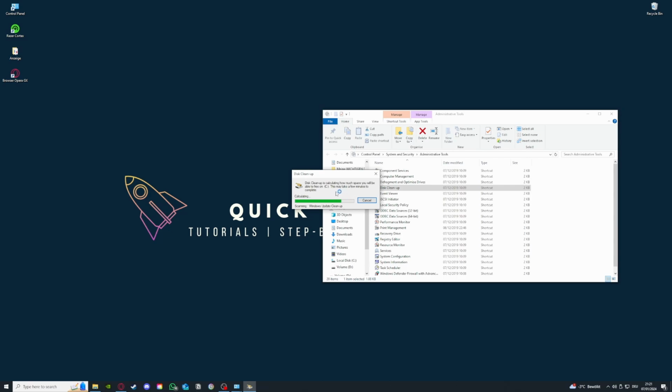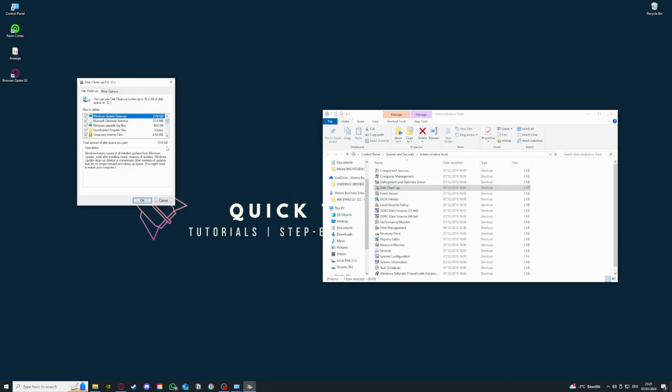And as you see with your SSD, there is a lot more to select. So I'm just gonna go over that for a second. So you see, especially my Windows Update cleanup is very big. So we definitely want to select this, and basically you can select whatever you want here, but you should always be careful